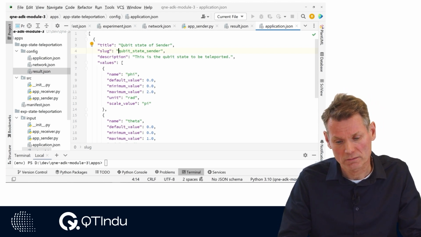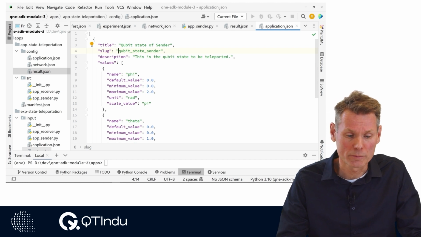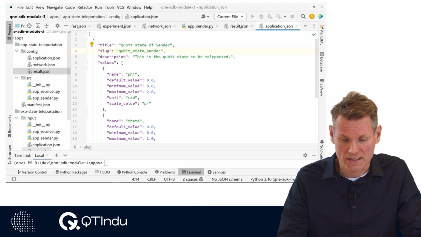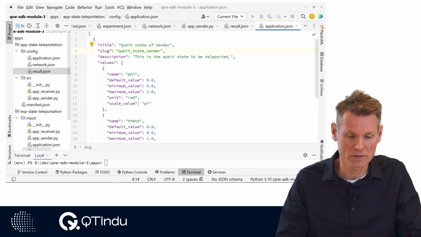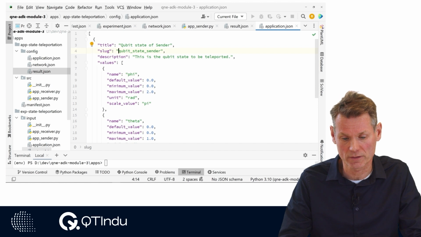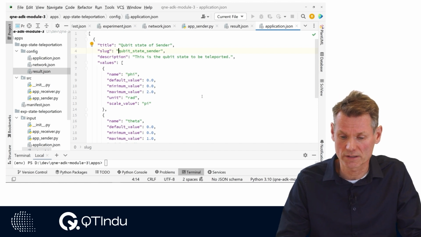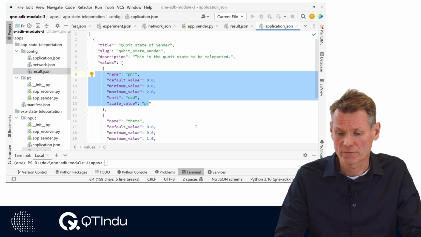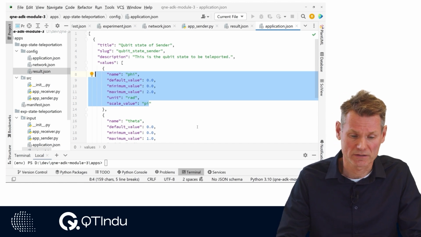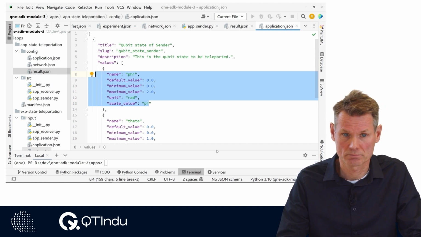A float or int needs one value. A qubit as input type needs two angles, phi and theta. For each value, the name, minimum value, maximum value, default value, unit and scale value are defined. Scale value and unit are used for presentation purposes in the front end.